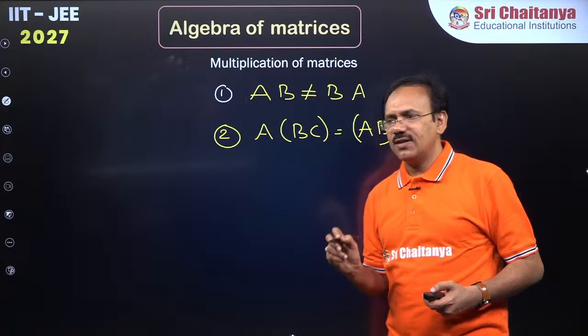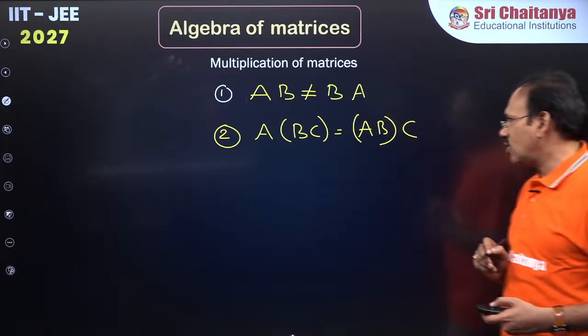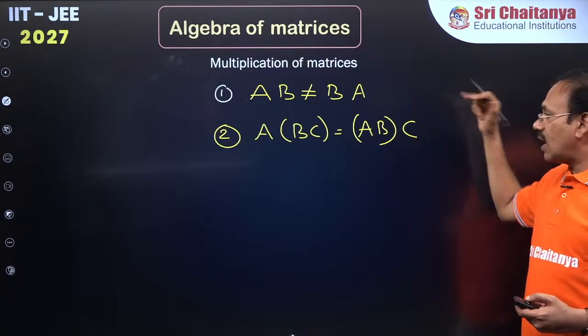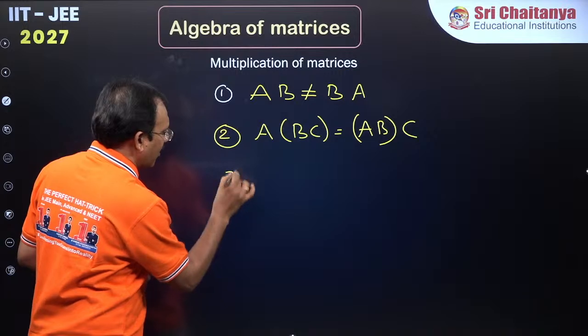Come on, quick. We shall go to the important points. Yes, thank you. So matrix multiplication is not commutative, not associative. The next, third point is,